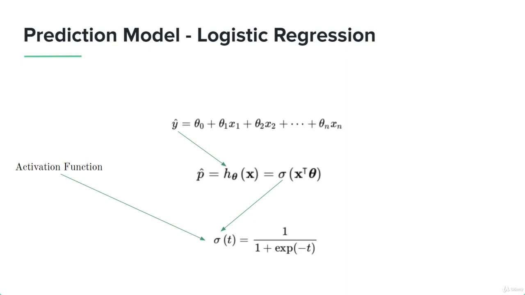The difference over here is that when we multiply the thetas with x and we get the y hat, we apply an activation function. What an activation function does is that it replaces it with a sigmoid function. The sigmoid function is something similar to this over here. This is what we call an activation function. The activation function puts these values in the range over here, and the output is always between